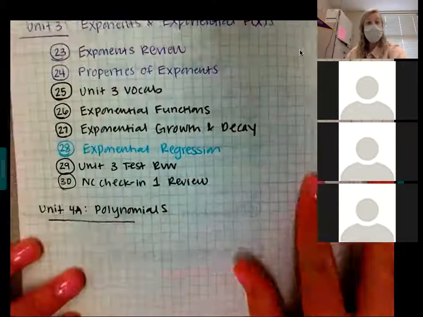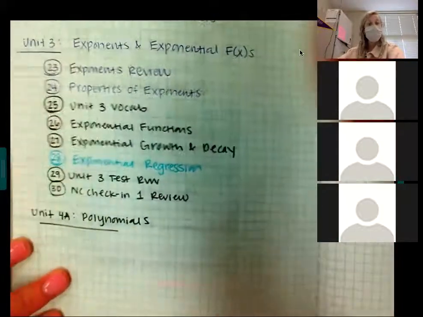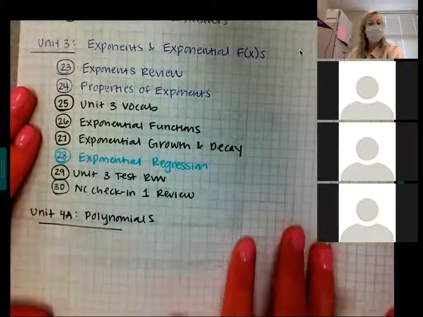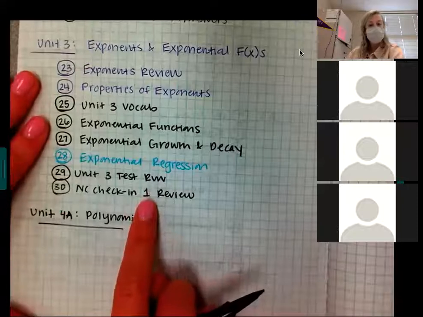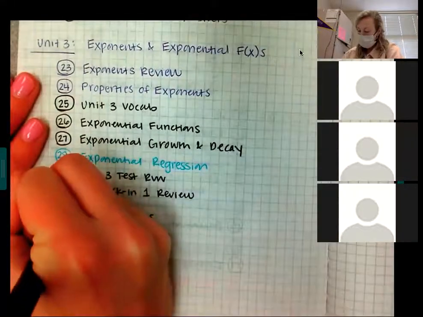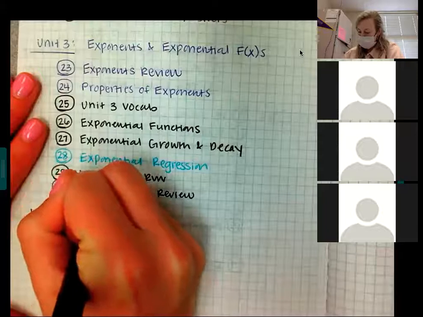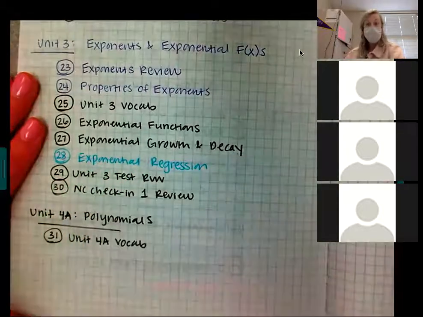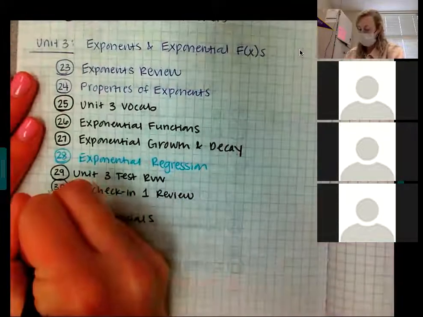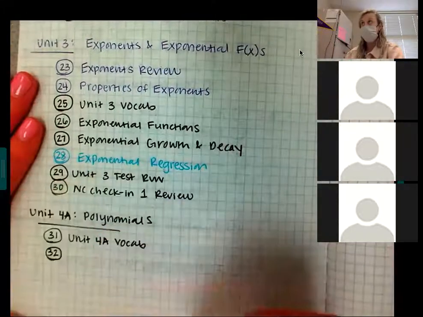This is your caught up notebook. So unit 3, I think a lot of you are missing page 29 and 30 being labeled. That's where your unit 3 test review and your NC check and 1 review should go. And then page 31 is where you'll copy down your unit 4A vocab. If you have a printer, you can print it off, put it on 31, and then we are starting on page 32